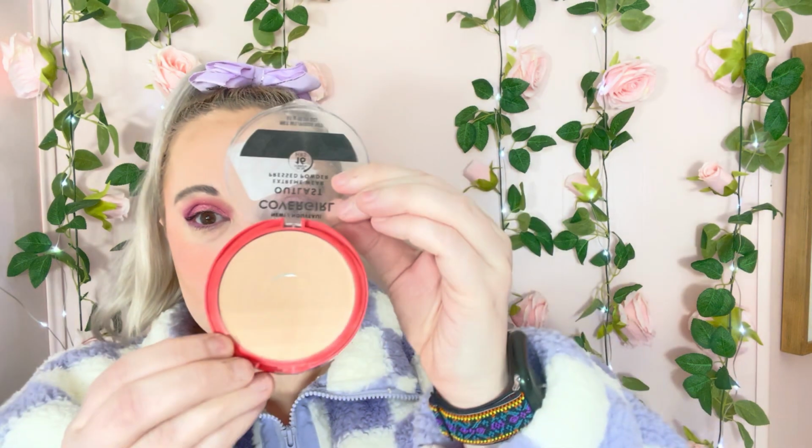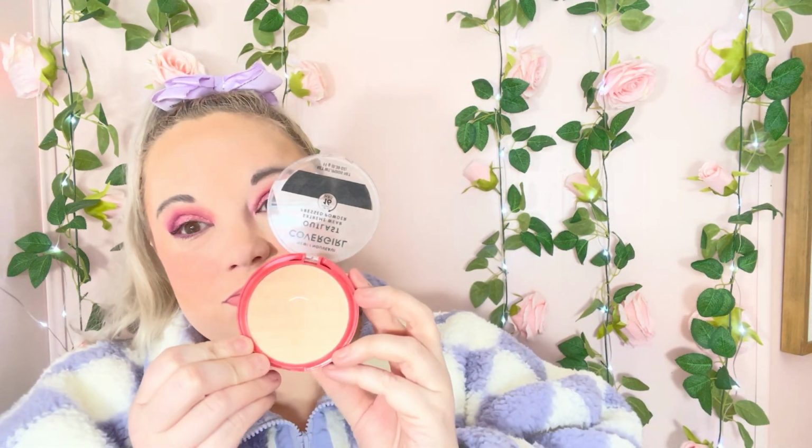Next powder is one of my absolute favorites. This is by CoverGirl, and you can see we do have a little bit of a sliver of pan. However, it's barely more than we had. I think I used this once or twice, and that's because I was really trying to focus on that powder